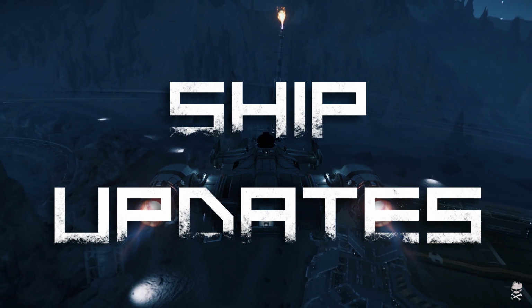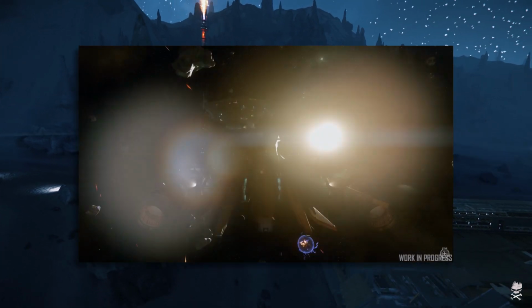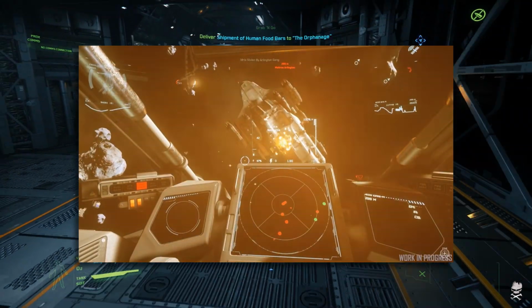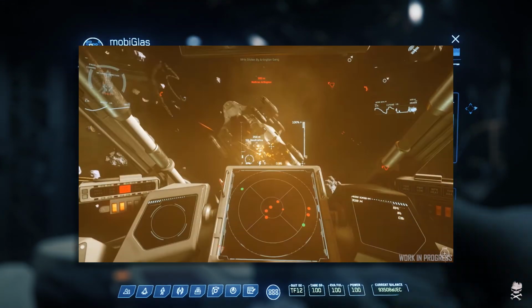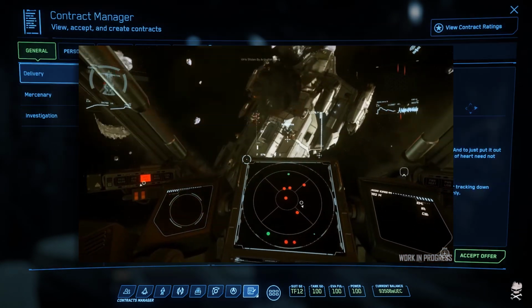Now, the big news a couple of weeks ago, of course, was the fact that CIG revealed that the Idris is coming to Star Citizen in a limited fashion. It is the exterior, not the interior. And while it is going to be cool, of course, owners of the Idris and other players as well were kind of hoping for the actual Idris to turn up in game,